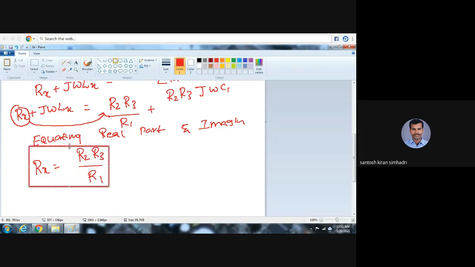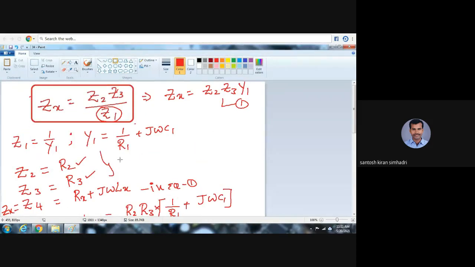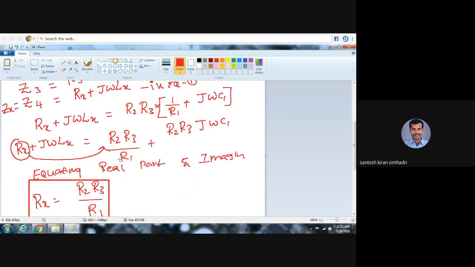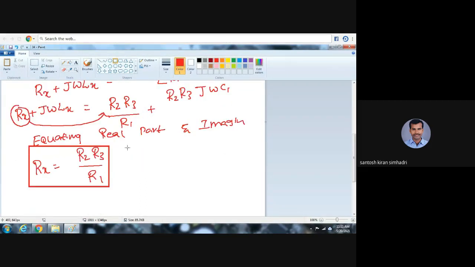But here, what is Maxwell's bridge? Maxwell's is an all-rounder. He is a great scientist, right? The Rx is this. Maxwell's bridge is exclusively used to find inductance and resistance. Then, if you equate the imaginary parts, what is the final expression? If you equate this imaginary part at the end, we get, see here. j is the imaginary part.